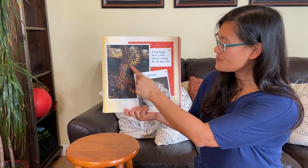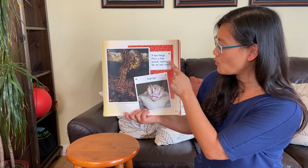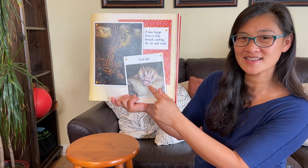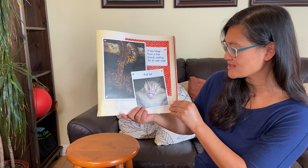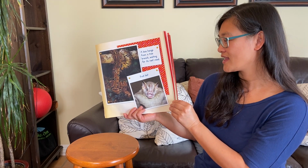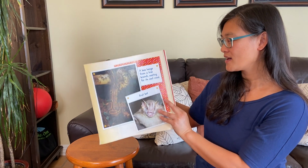There it is. Here's a boa. A boa hangs from a tree branch, watching for its next meal. And what is this? That's a fruit bat. Yeah, they live in the jungle too. And they live in the understory of the jungle. Okay, so